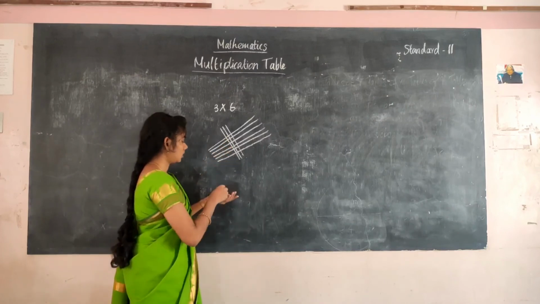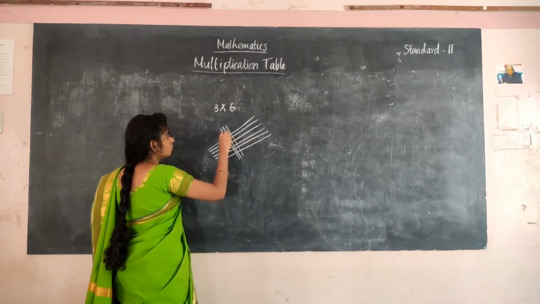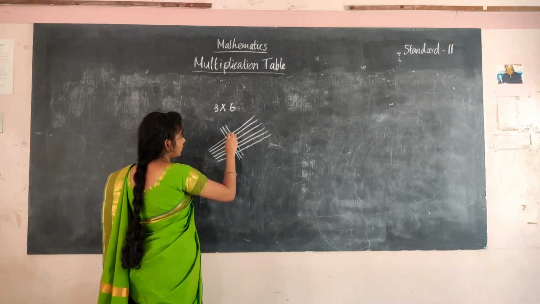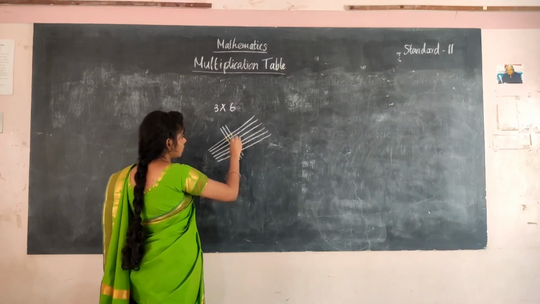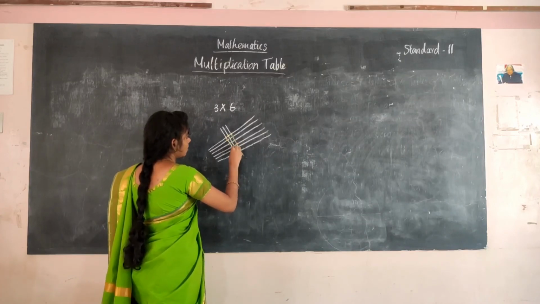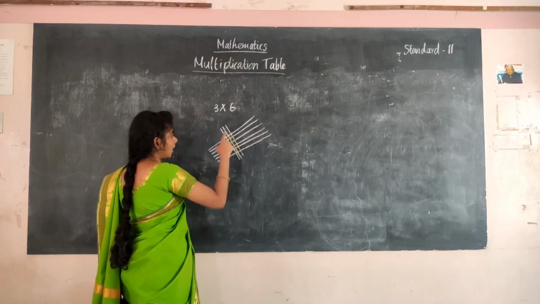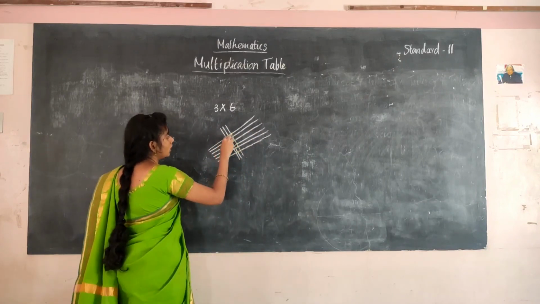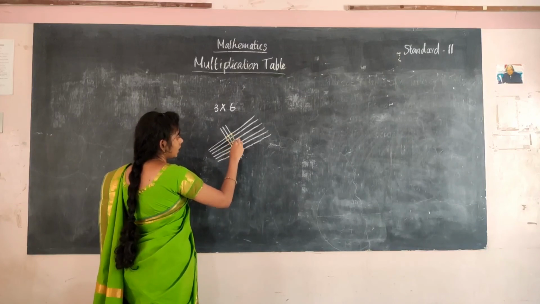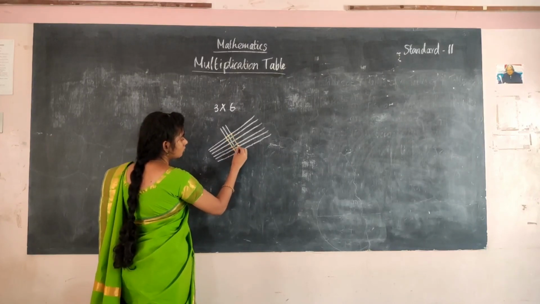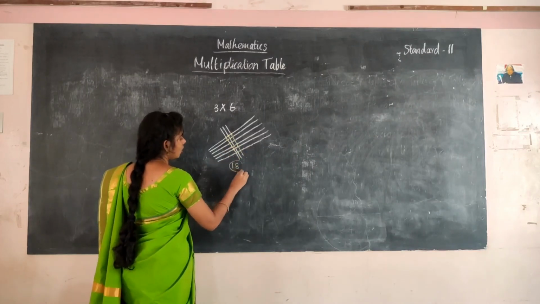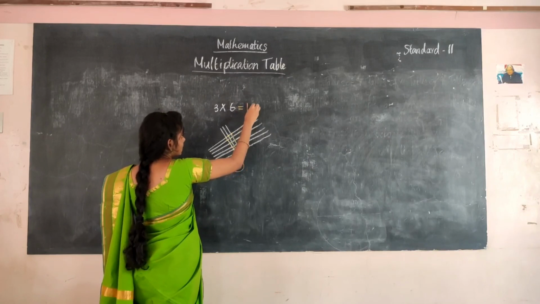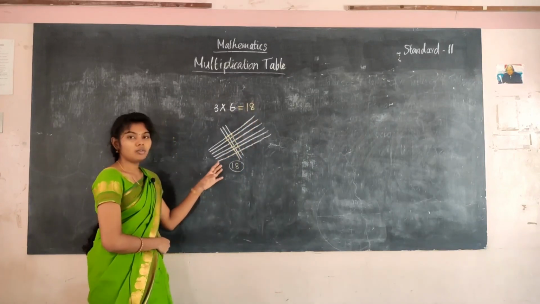Okay. Now here are the intersecting points, where the 2 lines cross. So see those points alone. Count those points alone, the centers where the 2 lines crossed. Those points I have to count. 1, 2, 3, 4, 5, 6, 7, 8, 9, 10, 11, 12, 13, 14, 15, 16, 17, 18. So totally 18 dots I have found. So the answer is 18. This is why I have taught you the lines.